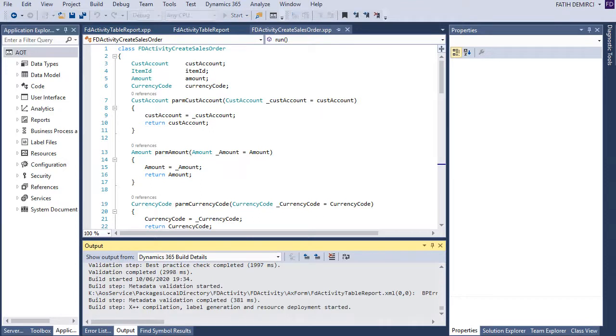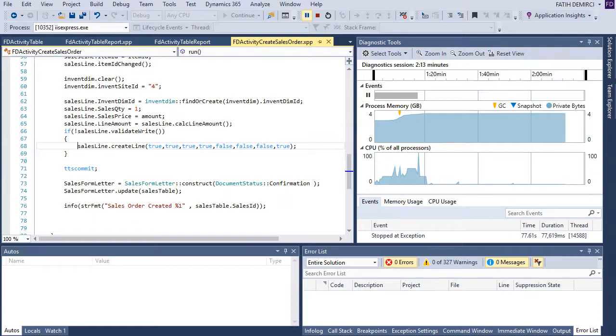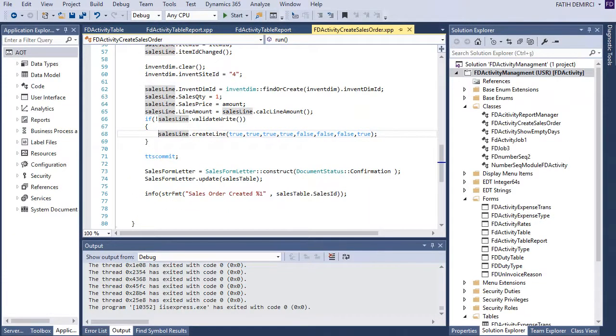Let's run. Okay, I ran my project and here is my create sales order, and I clicked it and I have some errors. It says you need to request ship date and category fields. Now we can fill those fields too. They are not an important issue. Let's go back and look at our ship dates. First, these fields in